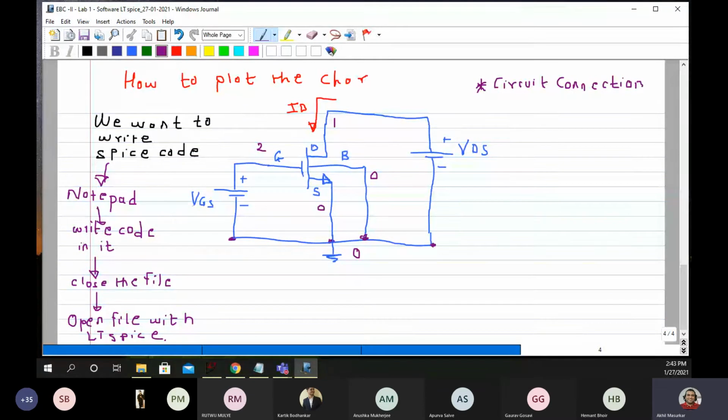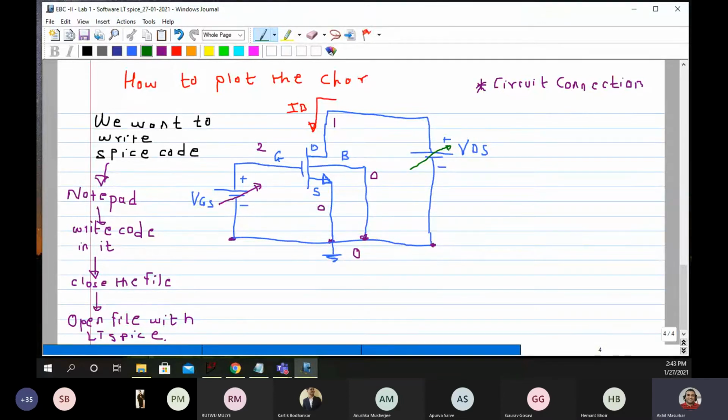What all major components can you see in the circuit? Can somebody post in the chat box? You can see two voltage sources, that is VGS and VDS, and there is one MOSFET. If you want input characteristics, you will vary VGS and keep VDS constant, and if you want output characteristics, you will keep VGS constant and vary VDS.